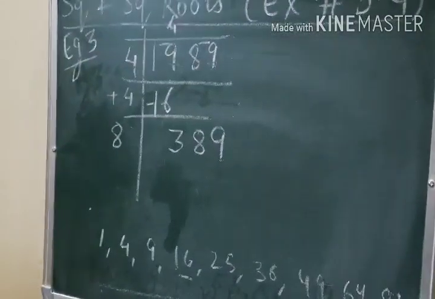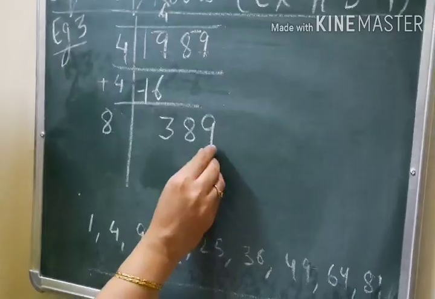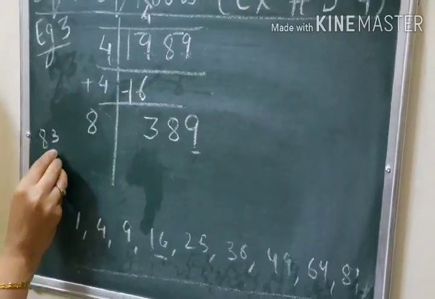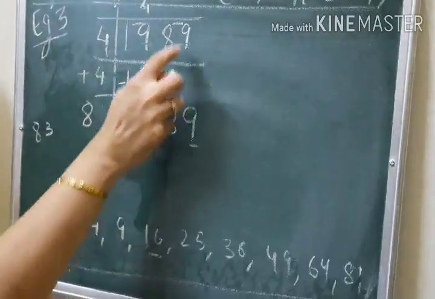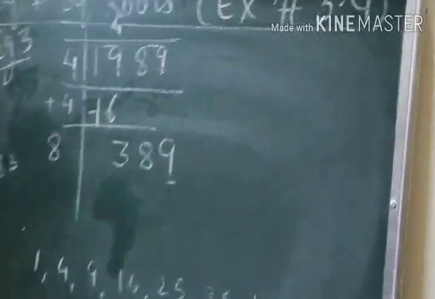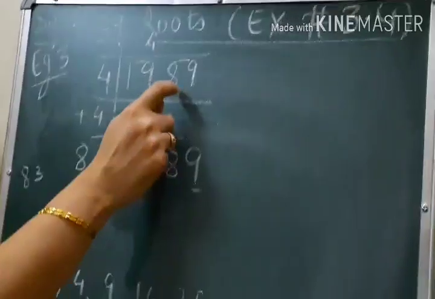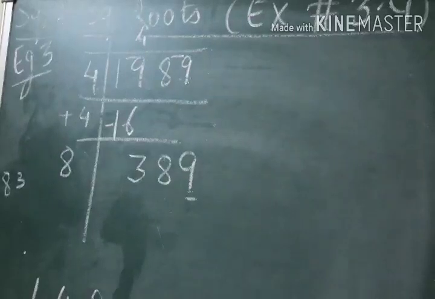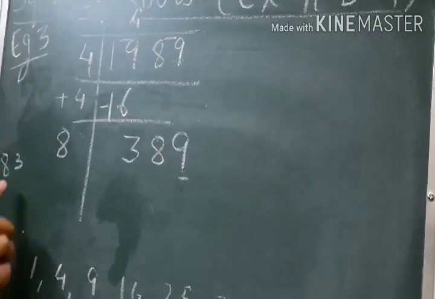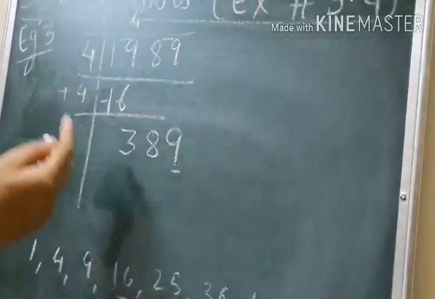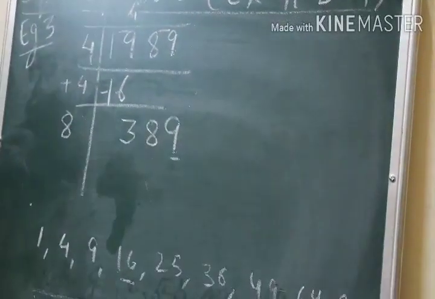Now the last number is 9. So that means either you should multiply by 3 or by 7. But this is not a perfect square. We know that. This is not a perfect square because in the question it is written that something is to be subtracted from it, and only then it will be a perfect square. So there is no need of doing it. We just have to see which number we should write here, which is just smaller than this, right?